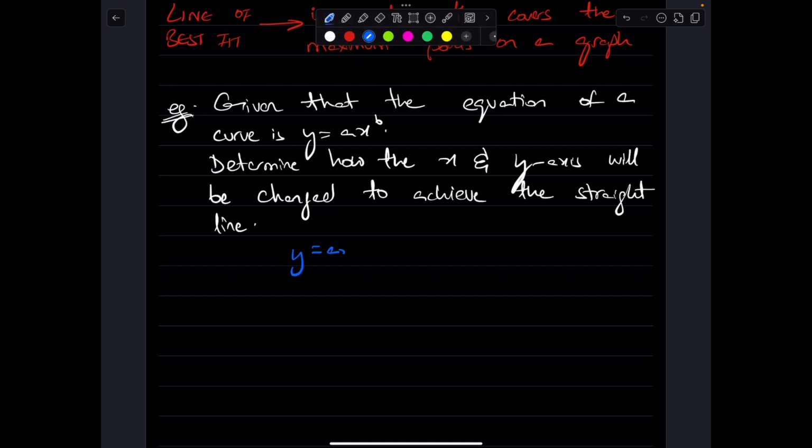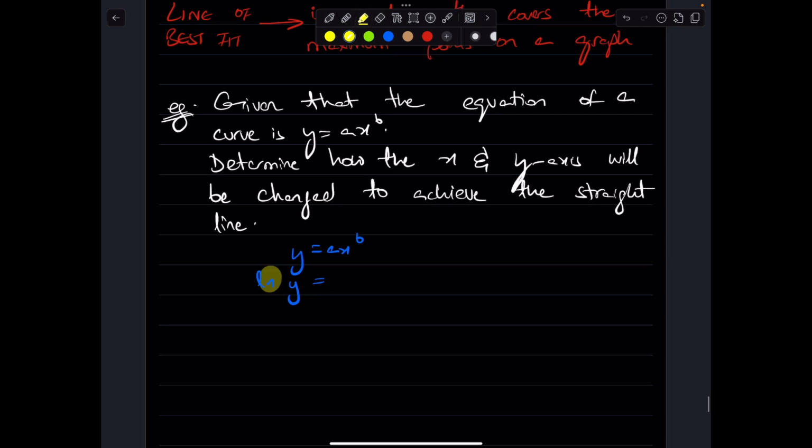Now there are two options. That is to use ln on both sides or lg on both sides. My personal preference is that you use ln because graph of ln exists, whereas graph of lg does not exist. Then also apply ln on the right hand side. So you have ln